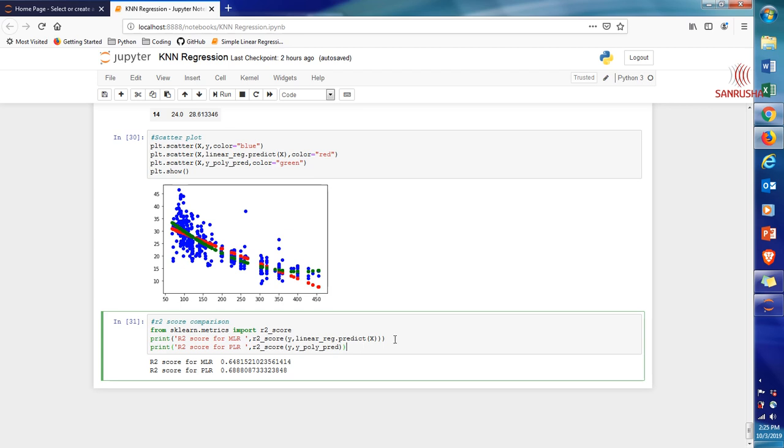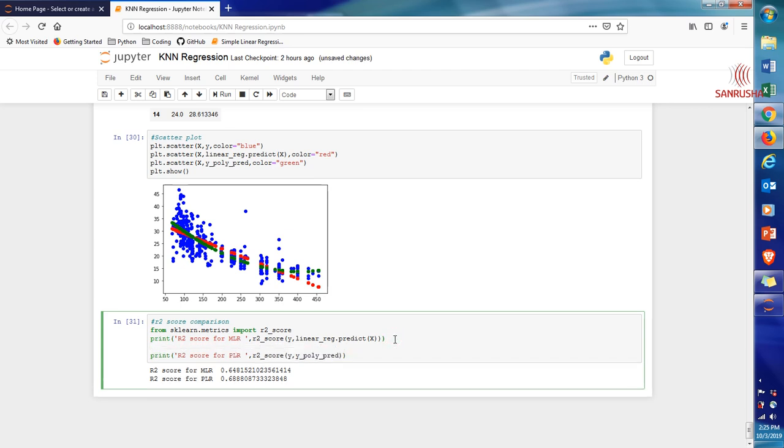Before we start the KNN algorithm, let me do one more thing. We finished our previous lecture here where we compared the R2 score of MLR and PLR. Let us enhance this. Let us add root mean square error to this, because that is another criterion we should compare. Sometimes root mean square error is more important than R2 score. So that's why let us add that and compare both of them. So let's do that.